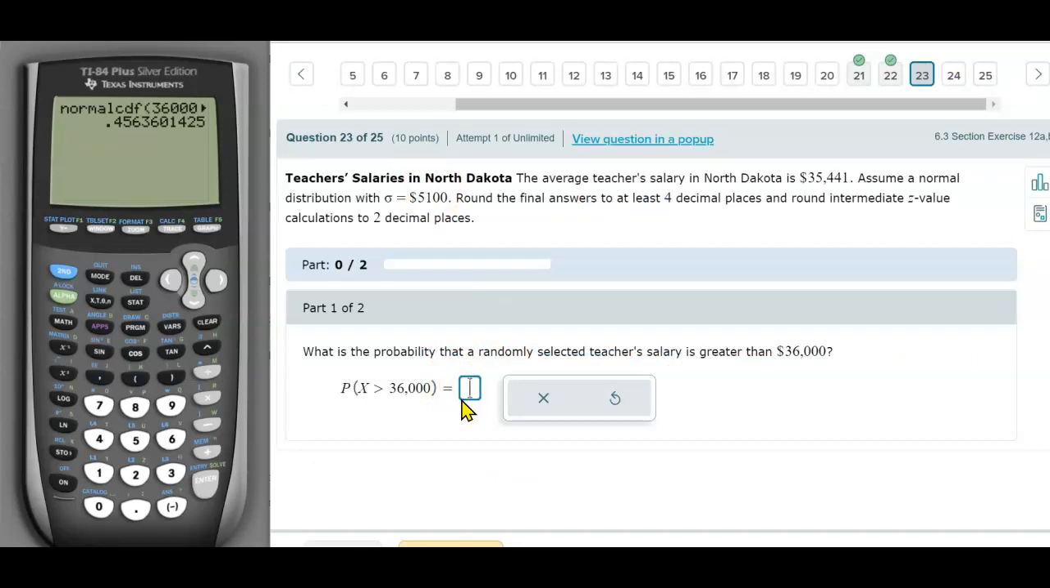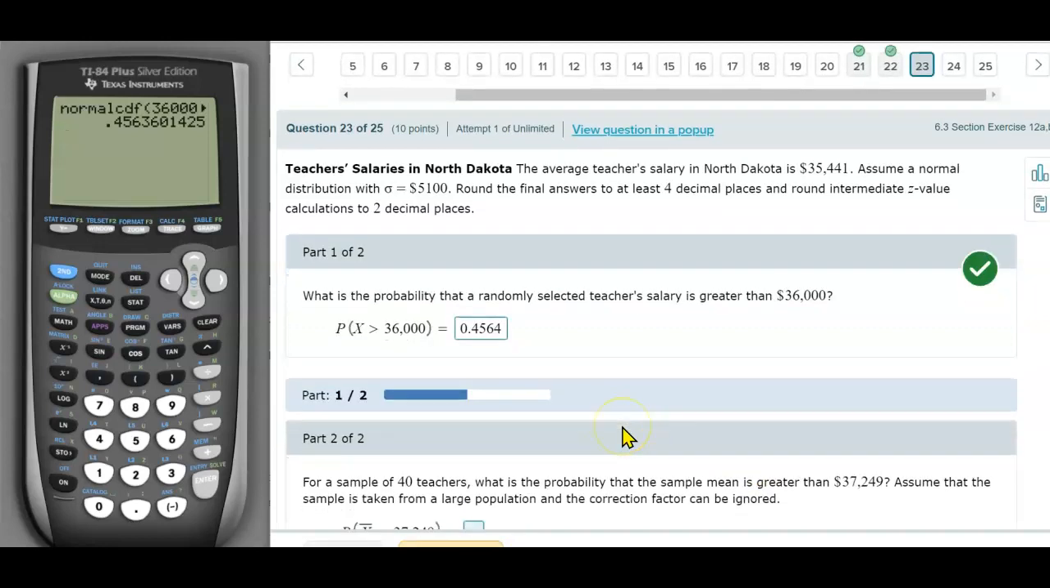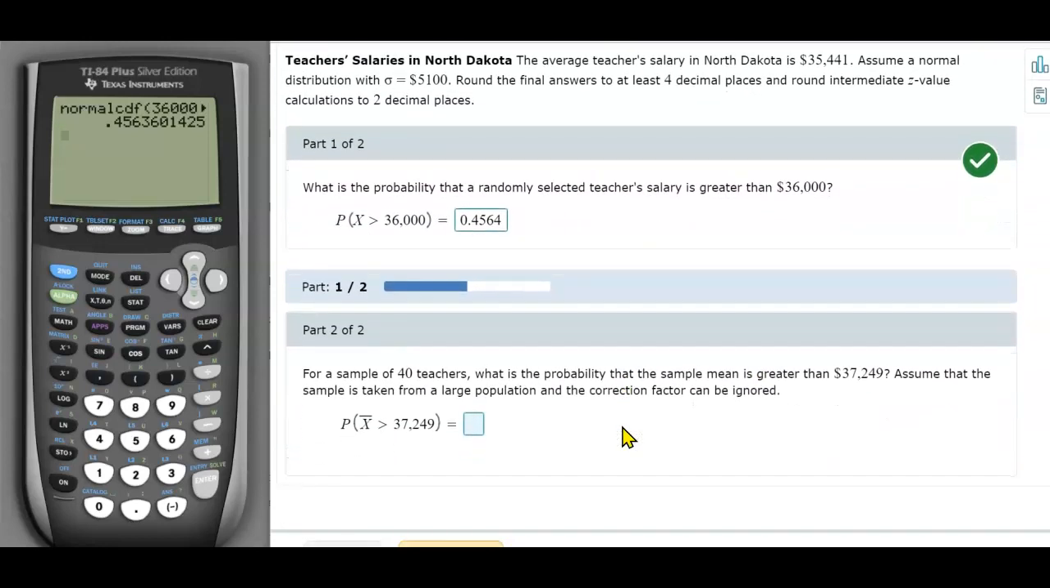All right, so what we're gonna do is 0.4564. All right, check the answer, and congratulations, it's correct. All right, so the next part of the question, they change it, and they are saying